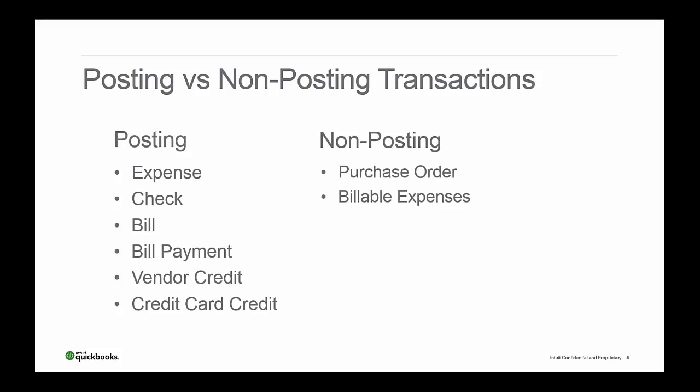Purchase orders are only at the Plus level, as well as being able to tag a customer to an expense and then pass it through to an invoice, which also needs QBO Plus. And I already mentioned double-sided items. You probably already know that Plus is required for class tracking. So again, the QBO